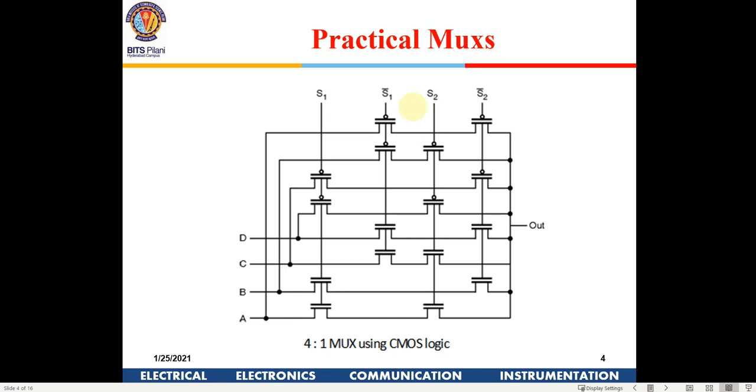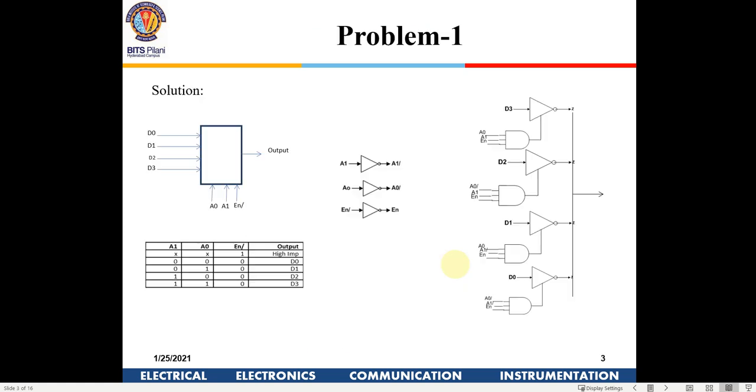Okay, so that is the reason there is always a parallel path. This is not part of your syllabus, that's why I marked it in red. I'm just giving you some practical mux circuits. It is never implemented like this in an actual circuit. For your exam point of view and syllabus point of view, these are the kind of circuits which would be asked.